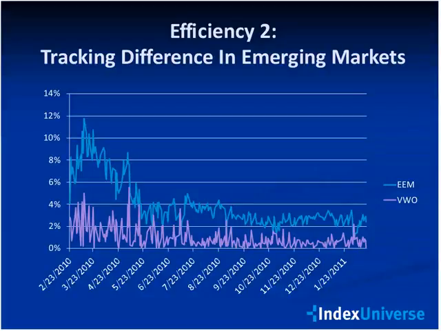This chart compares the rolling 12 months tracking difference for two funds, VWO and EEM. Both are broad-based emerging markets ETFs. Both actually track the same MSCI Emerging Markets Index. And you can see that their tracking difference is very different. An investor in VWO has stayed around 1% off the index, while EEM investors have been further removed. Charts like this, which are easy to calculate, give you a feeling for the best, worst, and average experience an investor has in these funds.